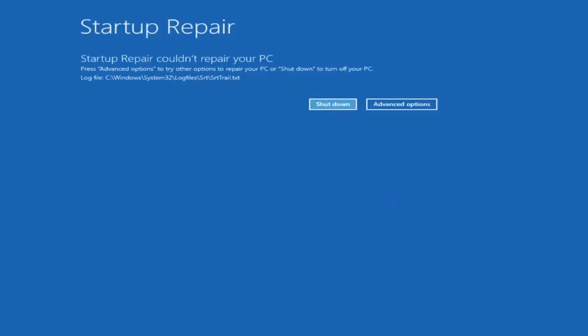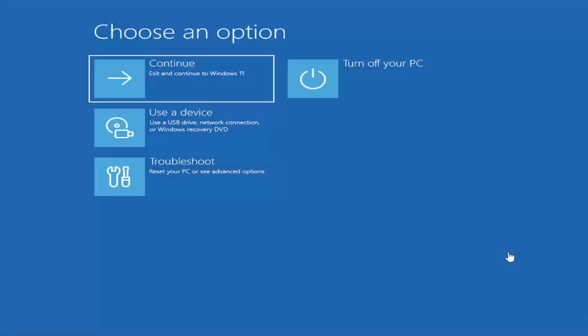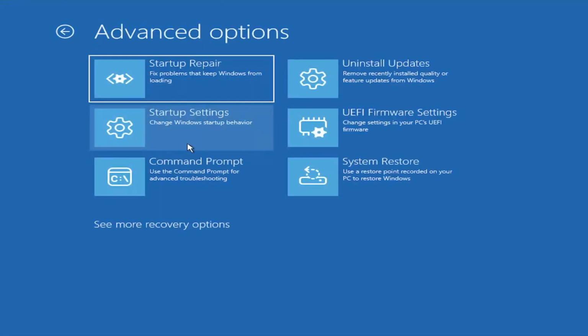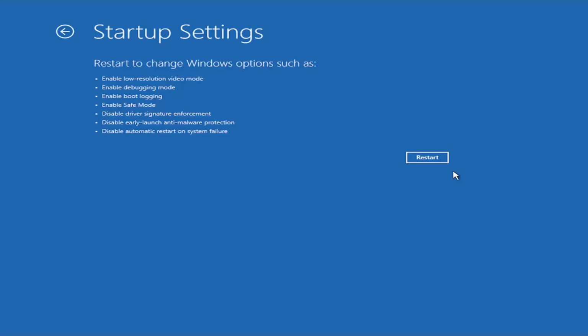Okay, so you can see it could now repair our PC. That was our first option we could try. Something else, if we go back into advanced options here, and then select troubleshoot, we're going to go underneath advanced options again. You can go ahead and actually access safe mode by selecting startup settings. And then if you select the restart button, you have the option on the screen, select safe mode with networking,